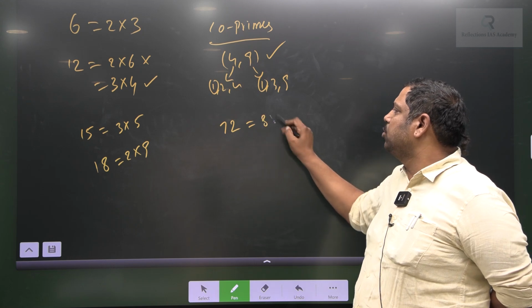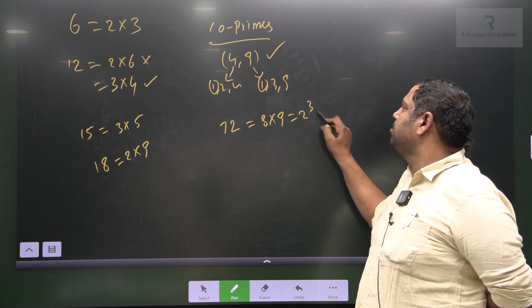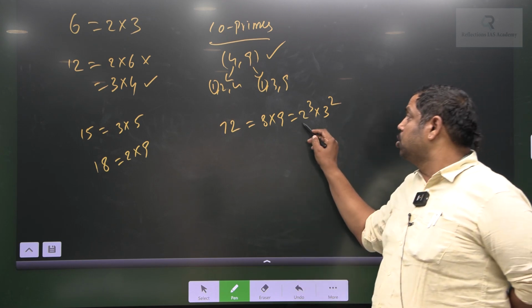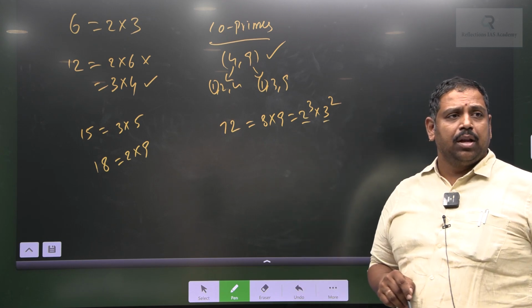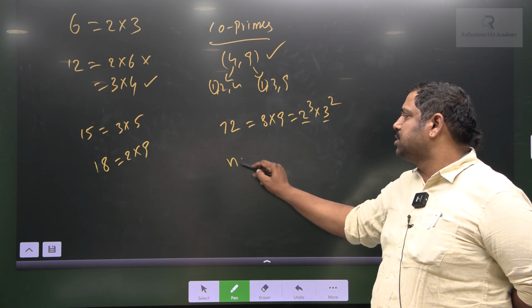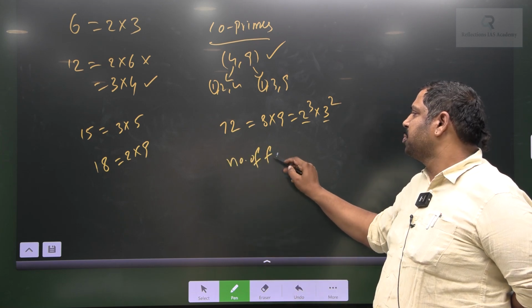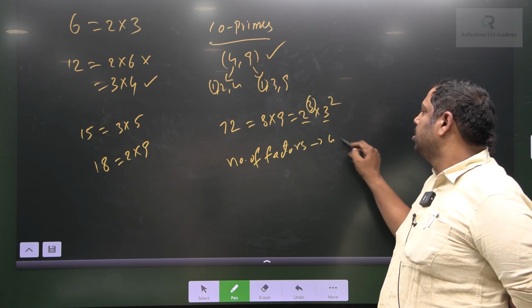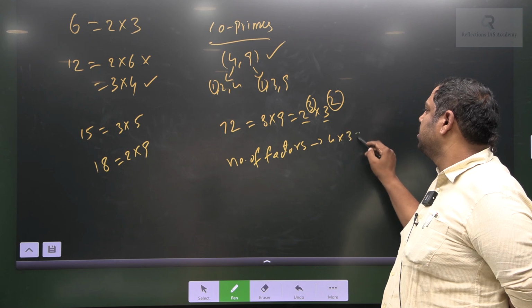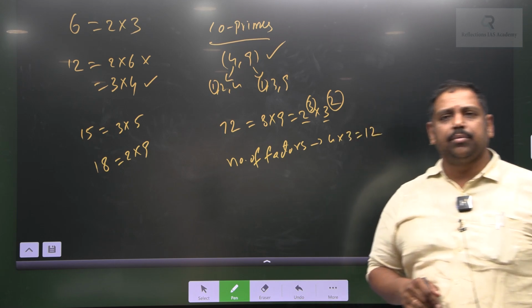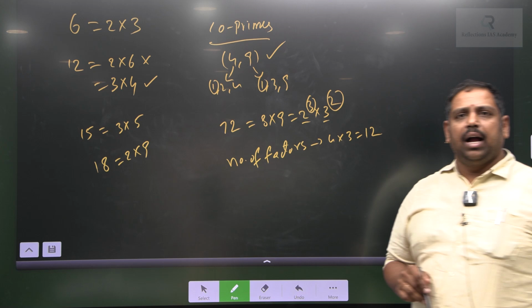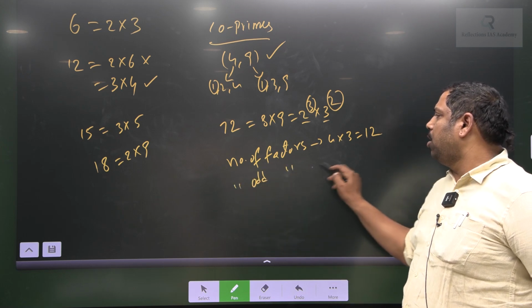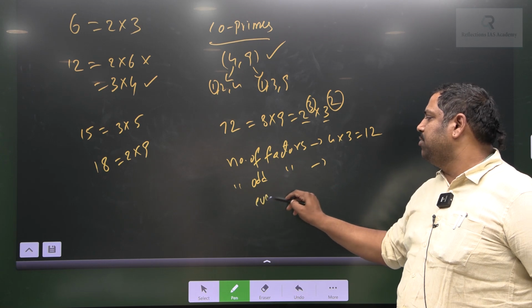72 can be written as 8 into 9. 8 means 2 cube, 9 means 3 square. The bases should be prime numbers. Now, if you want the number of factors, just add 1 to each power. How much is it? 4 threes are 12 factors. And if you want the number of odd factors, and if you want the number of even factors,